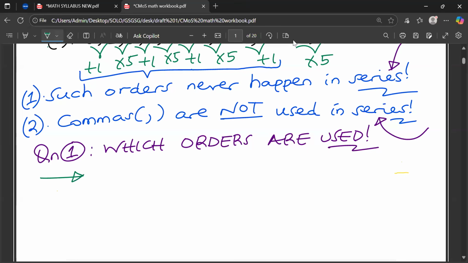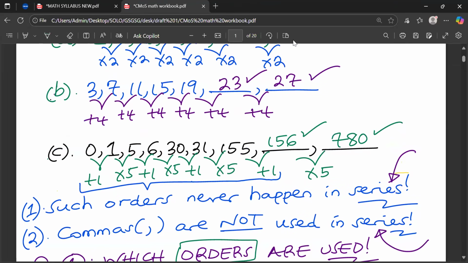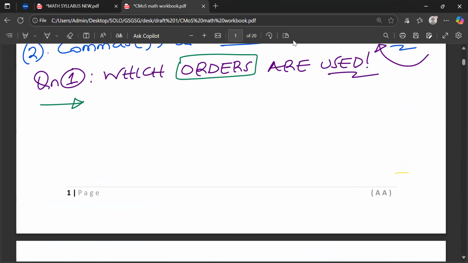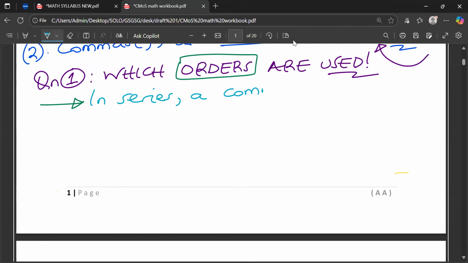So which orders are really used? I don't want this word to confuse you. By the orders, I mean these things we're adding, multiplying. This is what I mean by the orders, like the order we are following to add on more terms and more terms. So in series, a common term